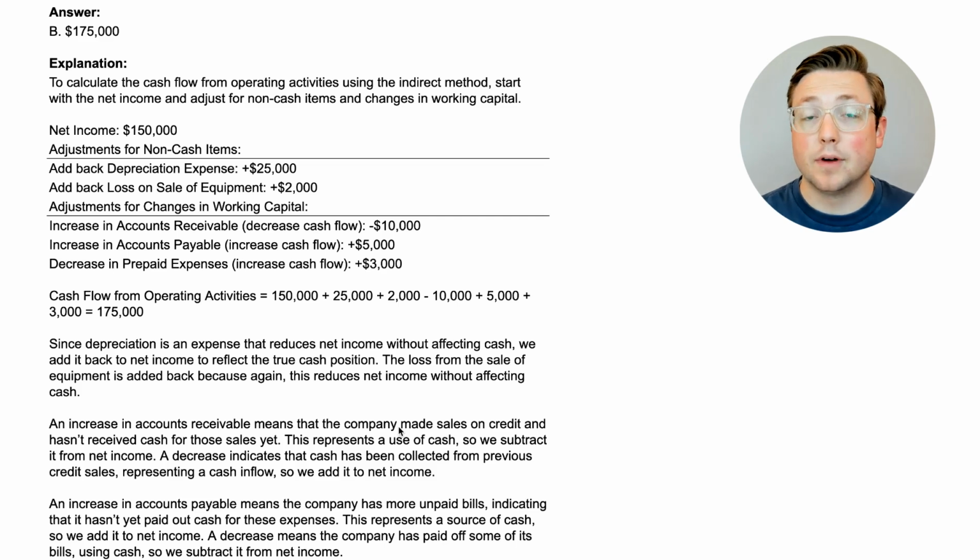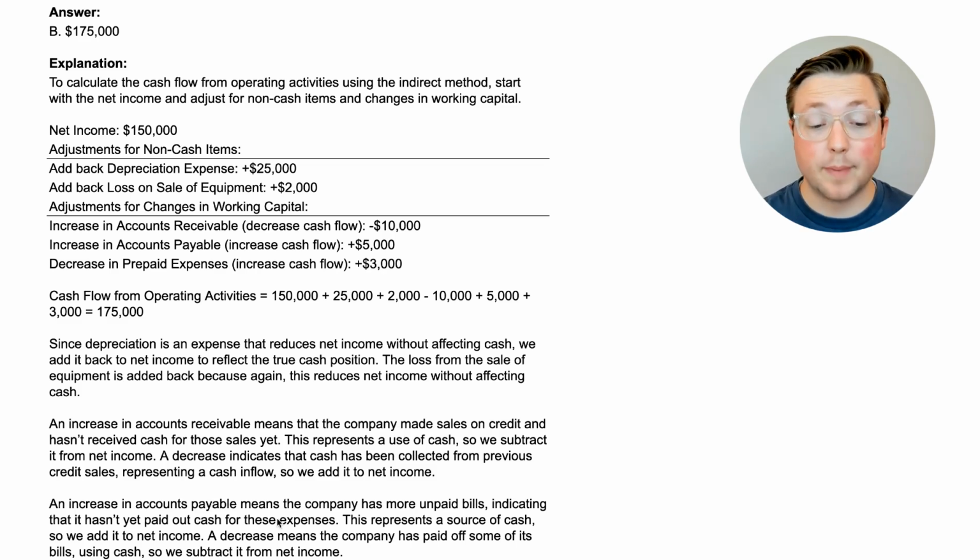If accounts receivable increases, that means that the income increased, but you didn't actually receive any cash yet because you still have yet to receive the cash for that income. So as far as the cash flow is concerned, the net income is artificially increased when it shouldn't be. So you decrease the cash flow because there was an increase in accounts receivable, and then it's the other way around. When accounts receivable decreases, that means you received cash. So even though the income was already recorded, you're increasing cash because, again, you received cash from those accounts receivable.